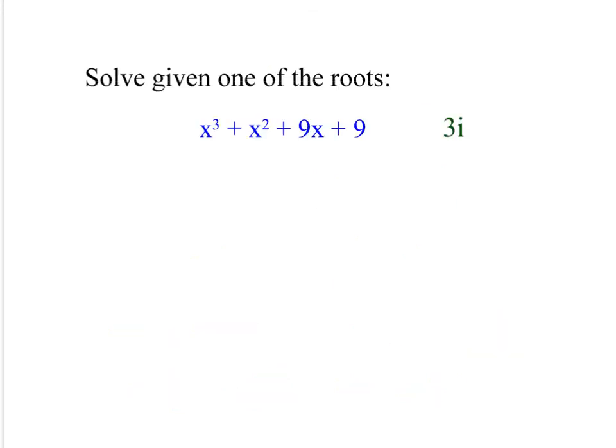Here's one more. This time we're given a polynomial with a power of 3, so I know there's 3 roots. I know that one of them is 3i, which means now I also know that negative 3i, its conjugate, is also a root. If I add these 2 roots up, I get 0. That's equal to negative b over a. If I multiply them, I get negative 9i squared, which of course is positive 9, so that's equal to c over a. So I have a quadratic factor of